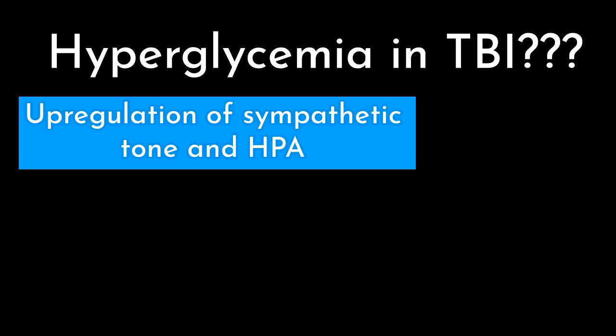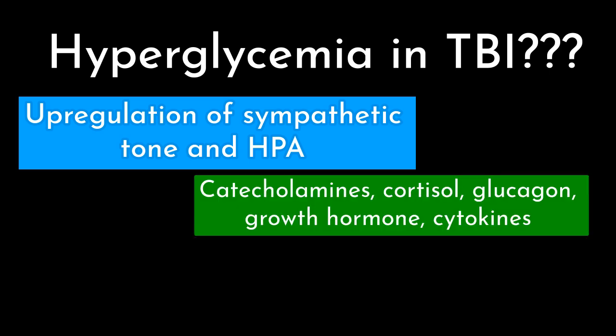There are several explanations for high glucose levels after TBI, and one of the most studied is stress-induced hyperglycemia caused by upregulation of sympathetic tone. After TBI, the activation of the hypothalamic pituitary adrenal axis and the sympathetic autonomic nervous system induce elevated blood levels of numerous counterregulatory hormones,